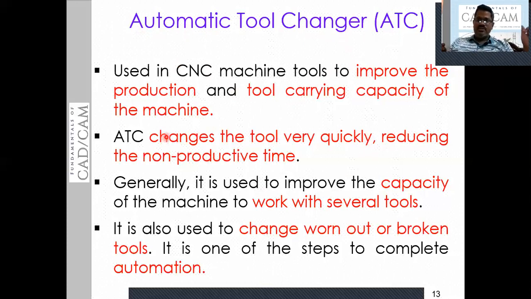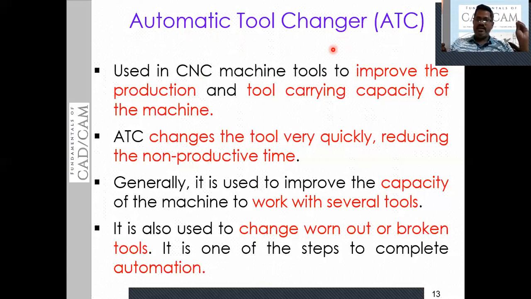So without manual intervention, without the intervention of a human, the ATC, automatic tool changer, is going to pick up the tool. Then it will reach the exact location of the tool. When we specify the location of the tool in the program itself, the ATC will go there, pick up the tool, then insert the tool at the required location.